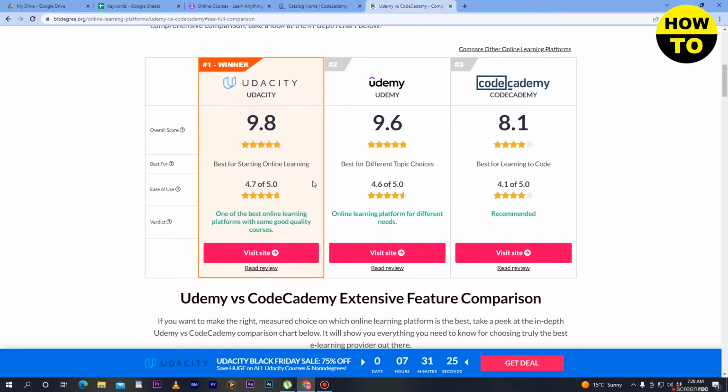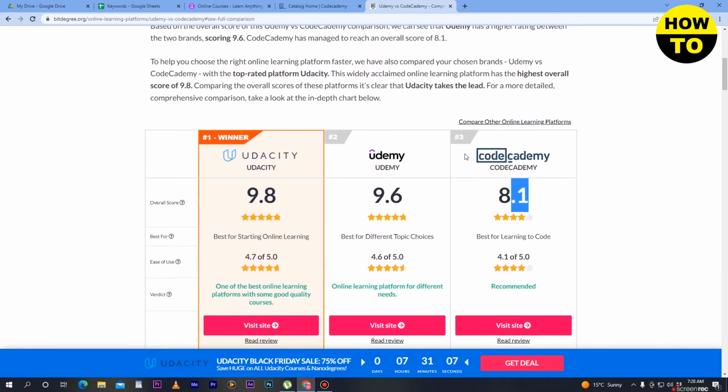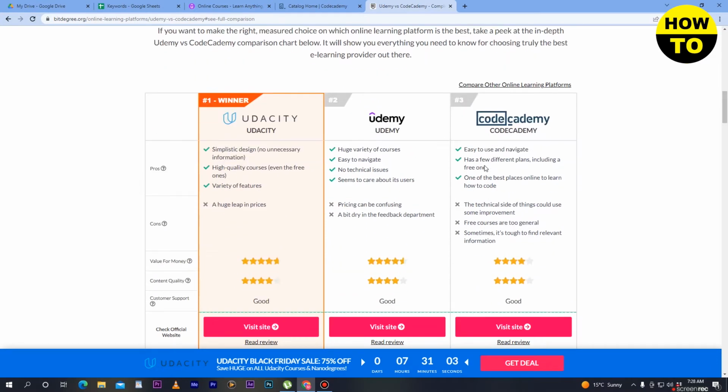So here you can see 4.6 of 5.0. When we move to Code Academy, here you can see the rating is 8.1, so 4 stars out of 5 and 4.1 of 5.0. So you can see this is the rating.